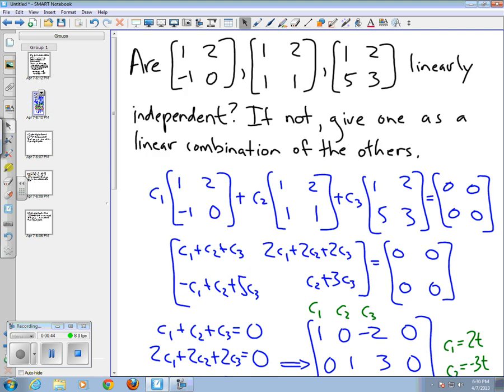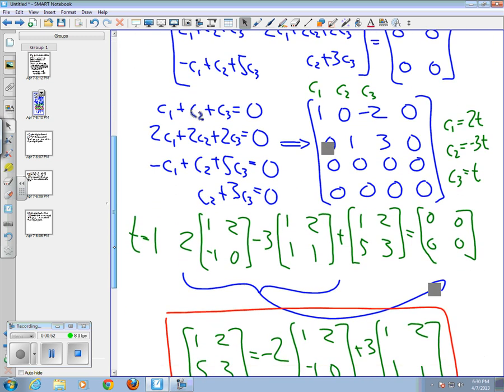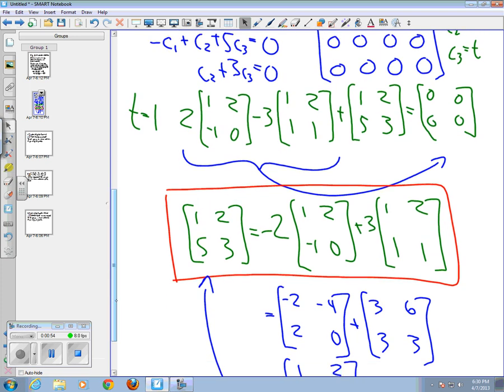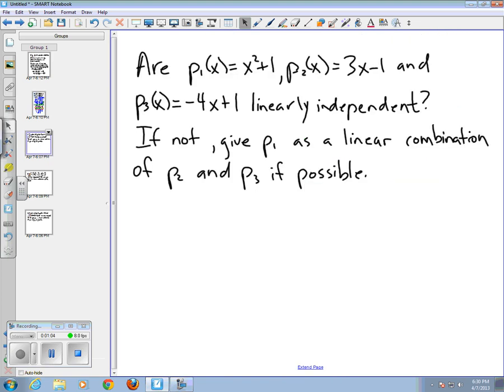So this was the example we did before. We found that these three matrices were in fact linearly dependent, and so down here in the red box, we've written one of the matrices as a linear combination of the other two. So let's continue this. Let's take a look in the space P2. That's, again, the polynomials of degree 2 or less. And so what we want to know in this case is whether these three polynomials, P1, P2, and P3, are